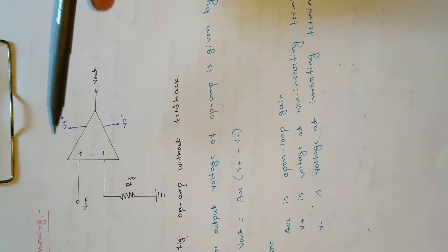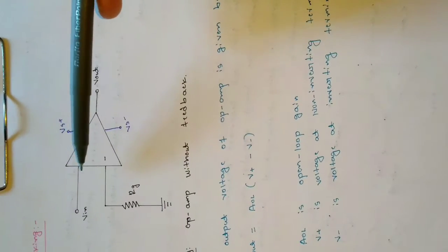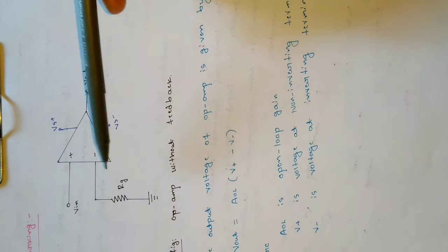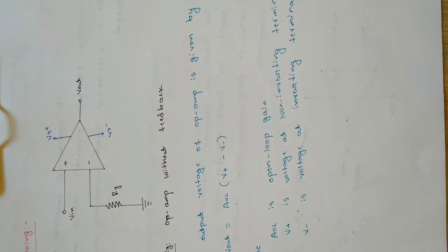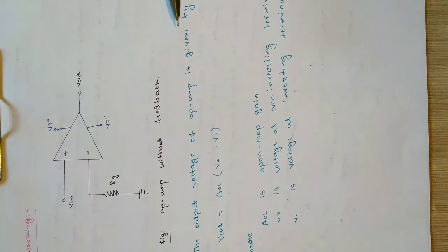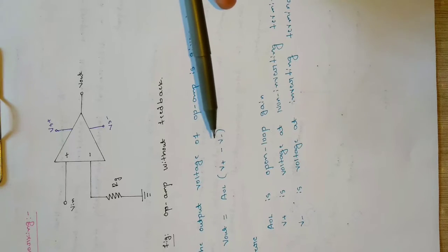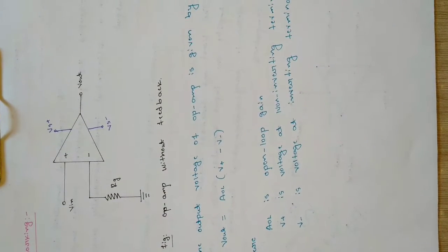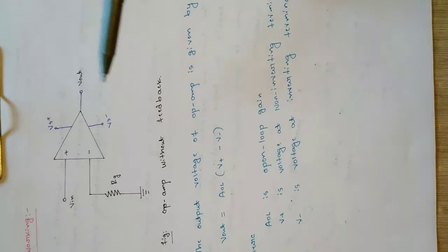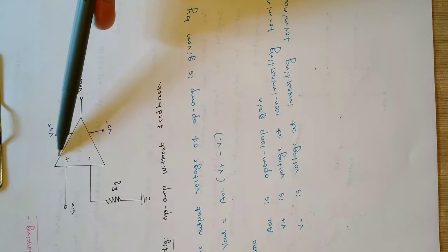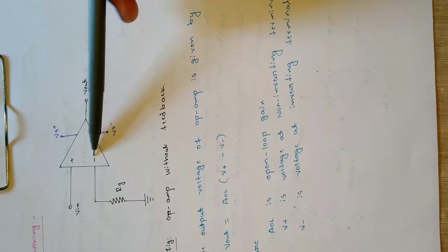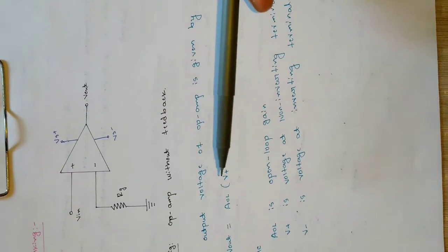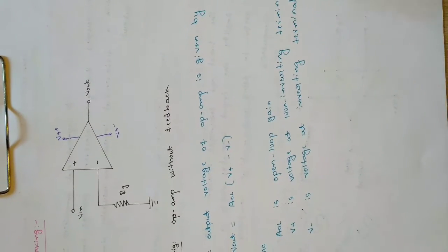So here we have the power supply and output pin. It has an input Vin, and the negative, that is the inverting terminal, is tied to the ground here. Now the output voltage of the op amp is given by Vout is equal to AOL into (V plus minus V minus). V plus is the voltage at the non-inverting terminal, that is at plus, and V minus is the voltage at minus, that is the inverting terminal here.